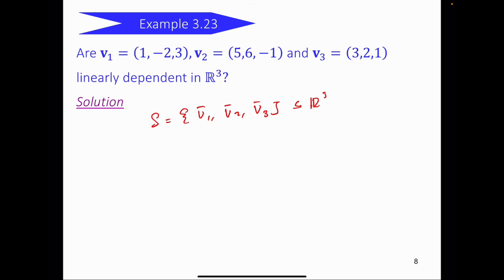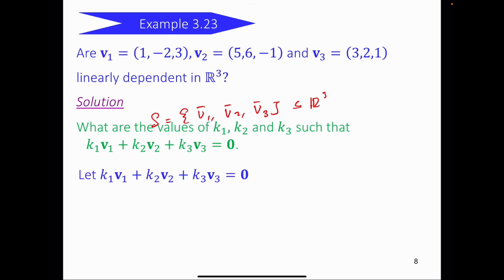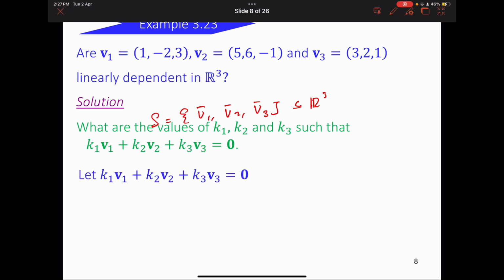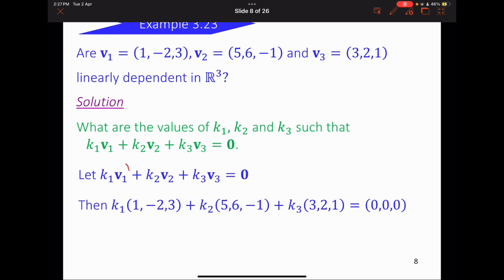Okay, so again, to show that S is linearly dependent, we have to show that the values for K1, K2, K3 are not necessarily all zeros. To do that, we start by letting K1 V1 plus K2 V2 plus K3 V3 equal to the zero vector, and then we substitute the values of vectors V1, V2, V3 here,